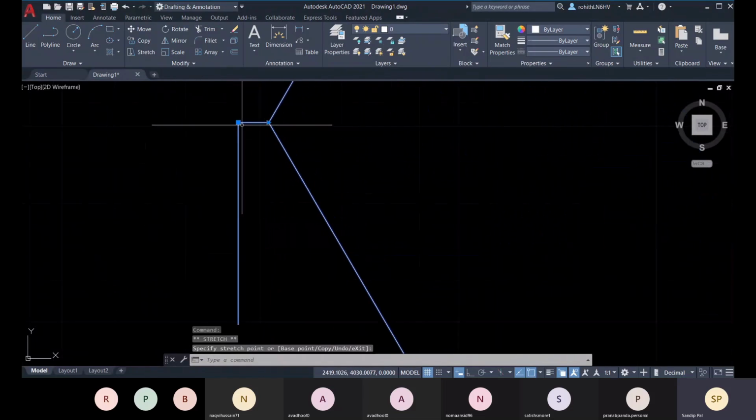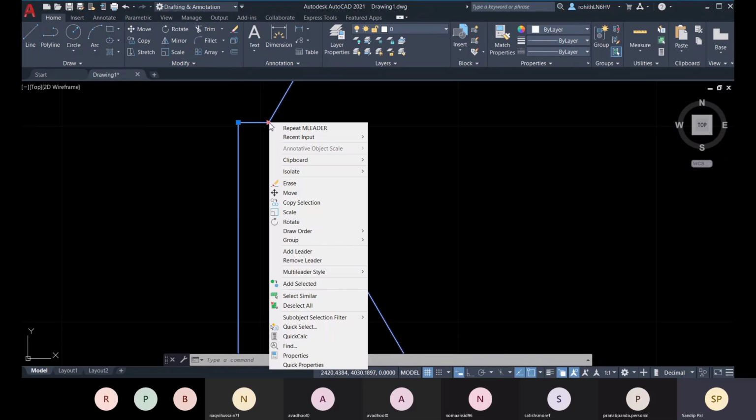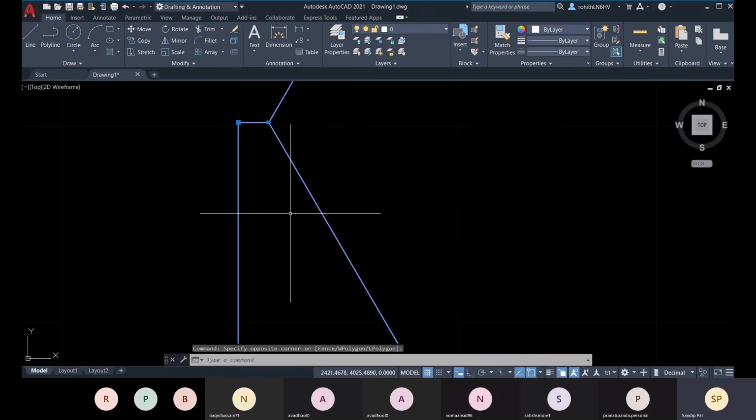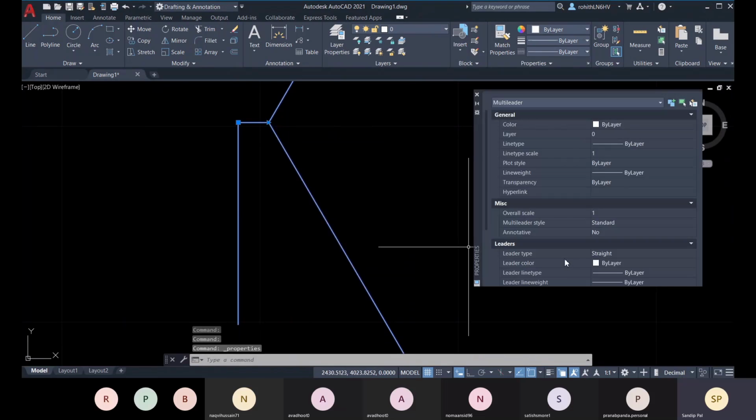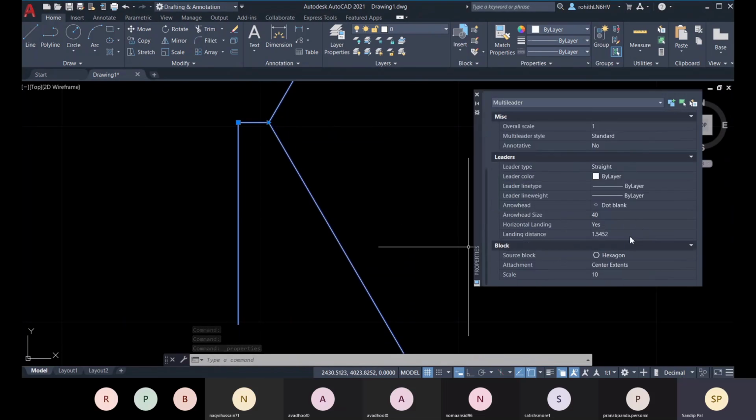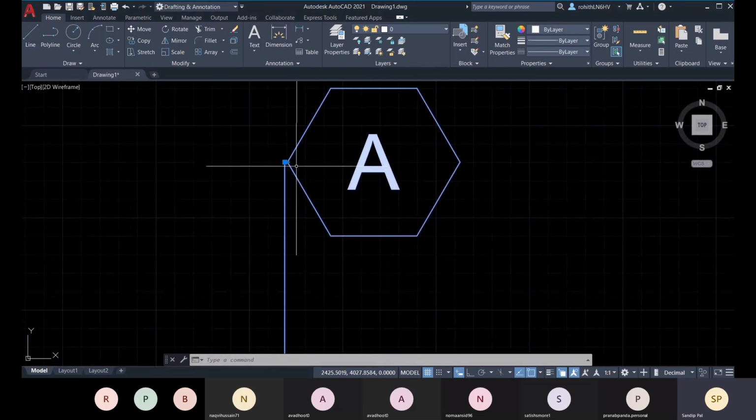So this one, because of that, what you can do is select it and go to its properties. Control 1 is the properties. There you can change the attachment from not to center extent to insertion point, and after that I think you can change it.